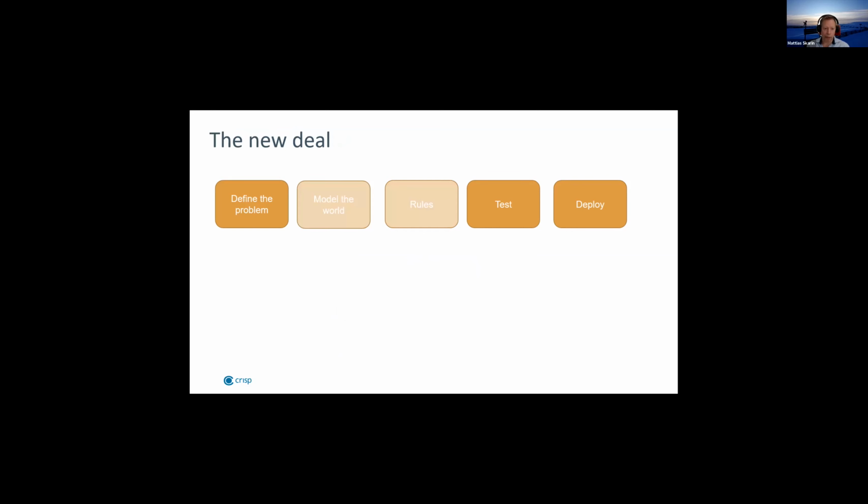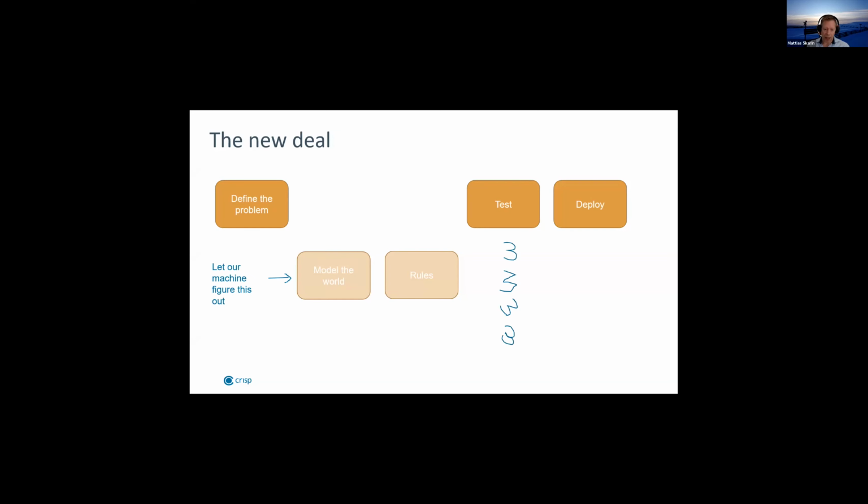So the difference here when we employ AI is we take these 2 steps, model the world and rules, we take them out of the equation and we say, what if we teach a computer to do this? So we define the problem, we give it tons of data, and we'll let the computer figure out how to understand this data and produce an outcome. Is this a 3 or not? And based on those tests, and we repeat them many, many times, we can actually reach a very good accuracy on this number.